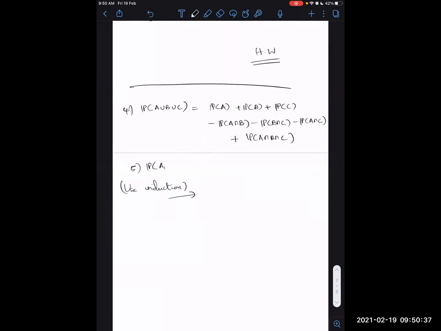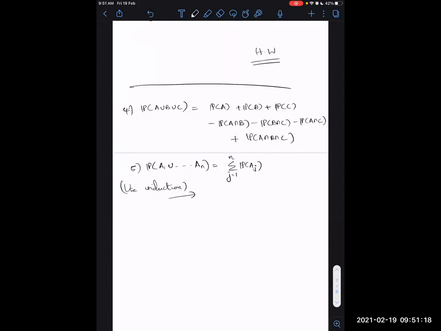So when you have A1 union through AN, what would this be? This is something you can sort of remember in your heads. This is pretty important. It might come up in many places. So you add up these individual events first, which is just the probability of A plus the probability of B plus the probability of C in the fourth example. When you have n events, you just add up all these n events first. Sorry, the index should be j. So j equal to 1 through n, you sum up these probabilities.